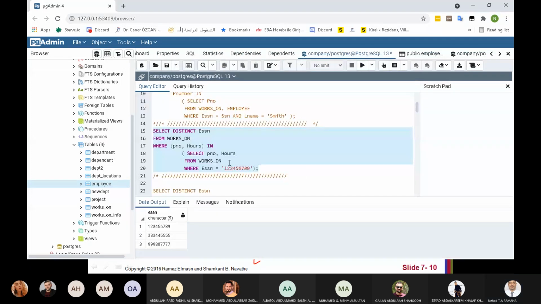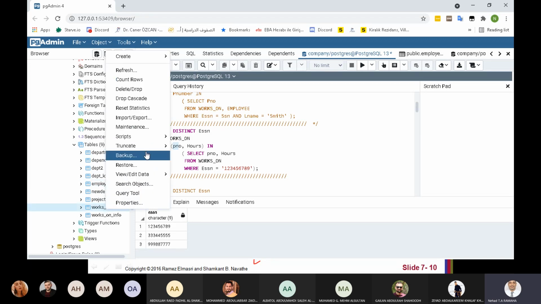So if you apply the same query, maybe you have a different result, because I inserted some works on values and changed some works on values to have more results here. So this is the result. What's the result? All employees that have the same project number and hours with this employee. Let's check this one. Okay, works on.